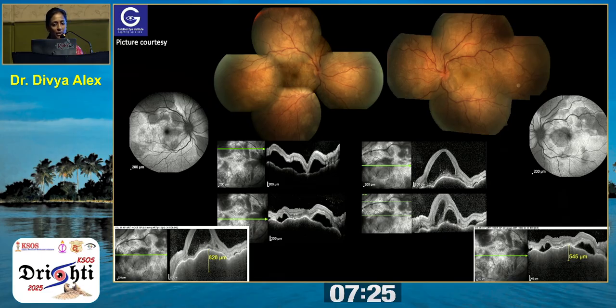So this is the classical presentation. The patient will be coming to you with bilateral sudden onset vision loss. There will be multiple, multifocal serous retinal detachments. There can be optic disc edema or hyperemia and multiple yellowish white subretinal lesions or precipitates. So OCT can be a key diagnostic factor. There will be multilobular subretinal fluid. Enhanced depth imaging will show a huge choroidal thickness. Sometimes even with the enhanced depth imaging, the precision of the choroidal thickening can be challenging because of its huge thickness.